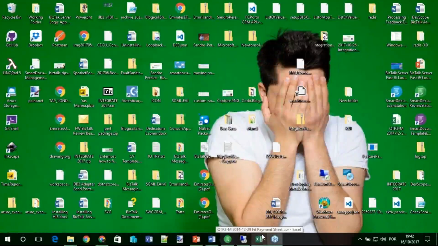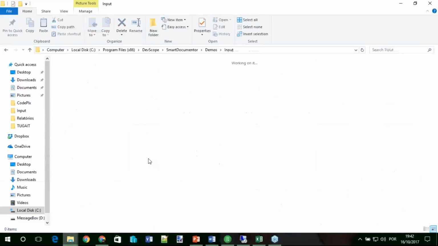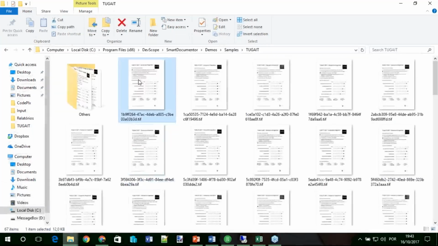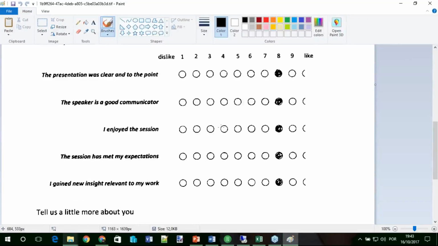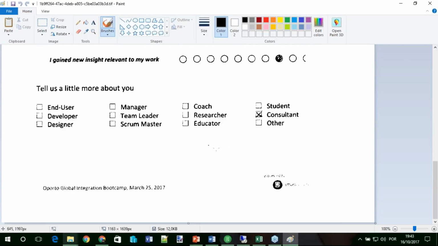Unfortunately, I don't have my scanner here. I also don't know how to share my camera in GoToWebinar. Otherwise, I would have my scanner here. But I have here a folder that I'm listing. This could be directly from the scanner, okay? But again, I don't have a scanner here, so I'm using a folder. And I already have digitalized my paper. So this is a simple TIFF image, I think 200 KB or so.